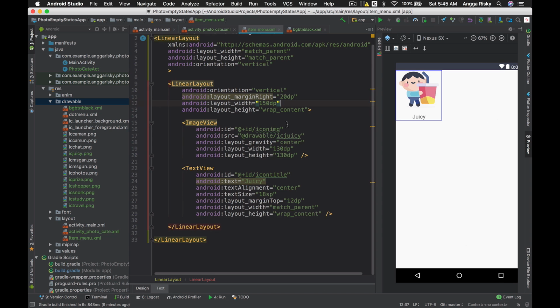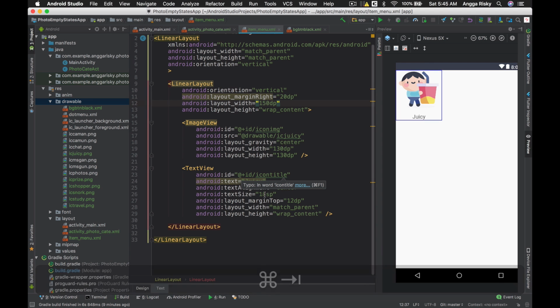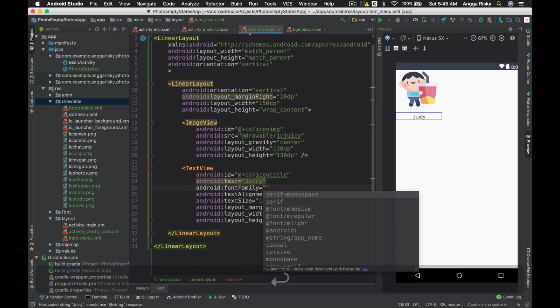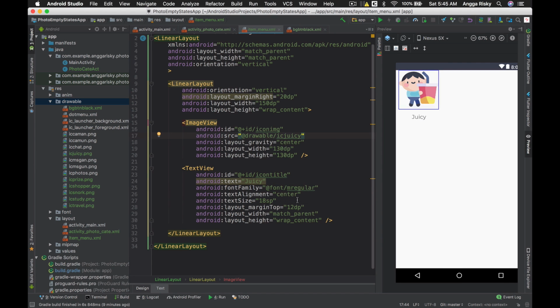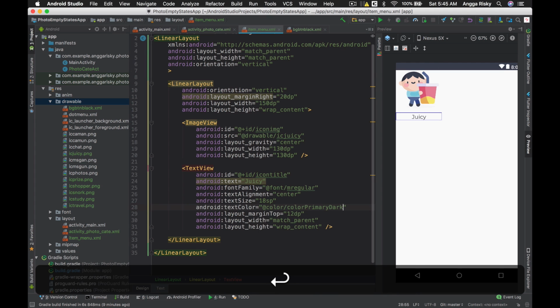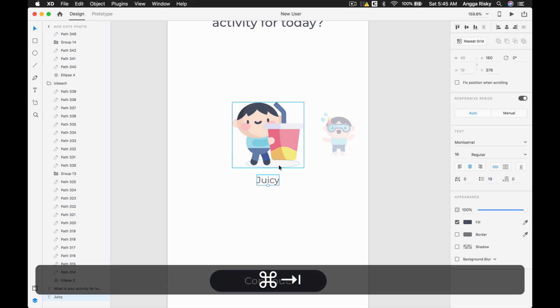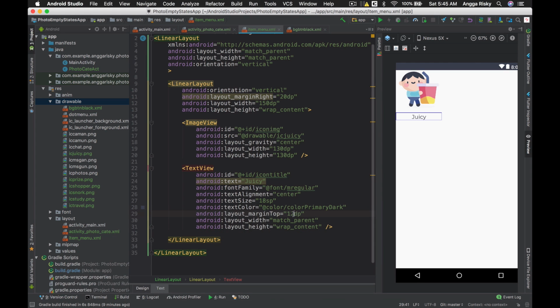And we have to give this title 18, but the font family has to be Montserrat regular. Okay, and then for the text color, it's supposed to be color primary dark. Okay, and the margin top is 12. Okay, it's done actually. And then we just need to paste it into the adapter.